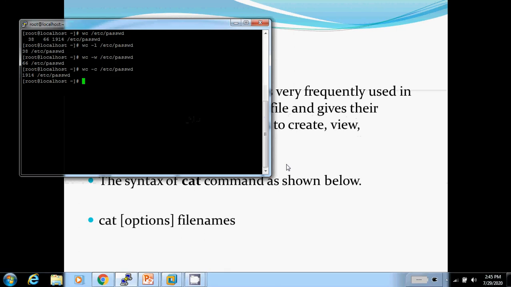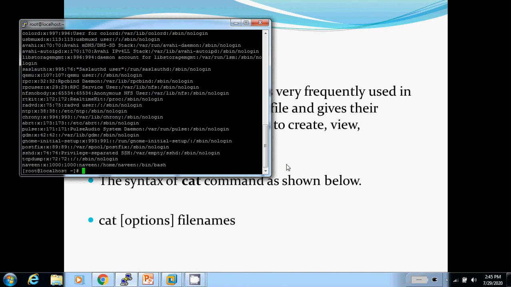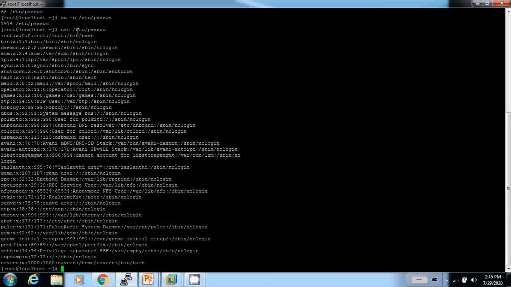Okay, I will take an example: cat /etc/passwd. Here I will run the command cat /etc/passwd. This is the file content. We can use various attributes with this cat command. cat -n /etc/passwd.